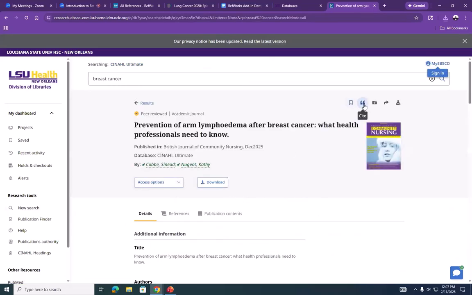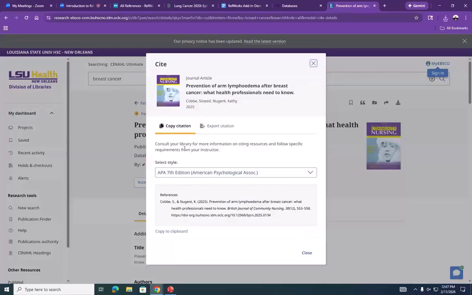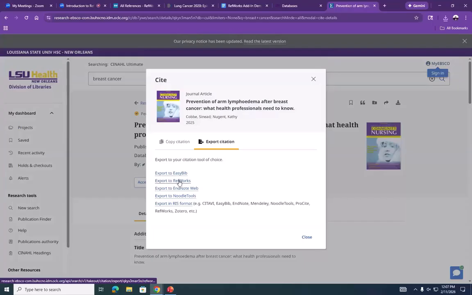And right here in EBSCO, in all the EBSCO databases like CINAHL, SocINDEX, PsycInfo, you just click the Cite button right here, and it will generate this. You can copy your citation. You want to go to Export Citations, what you're looking for, and you have the direct export to RefWorks, which you can click on,